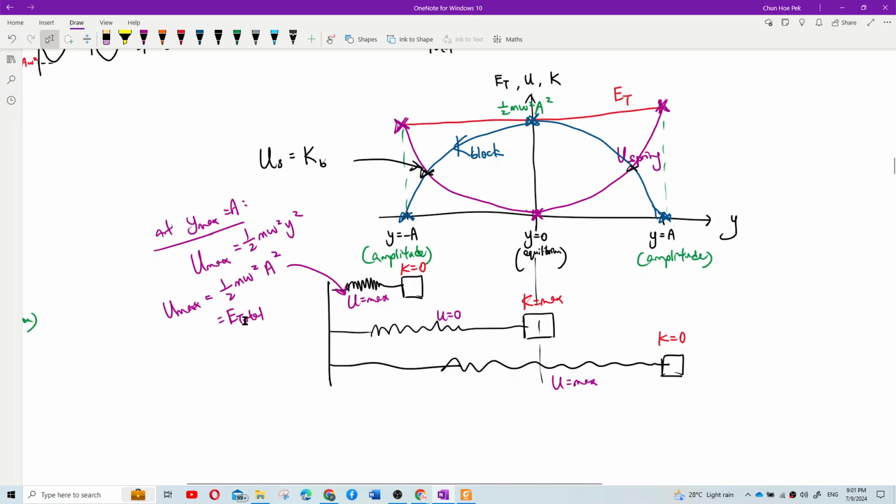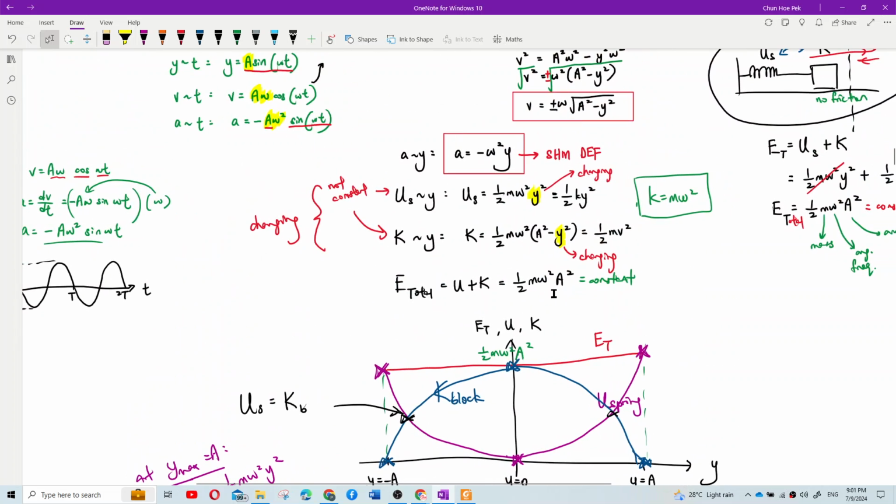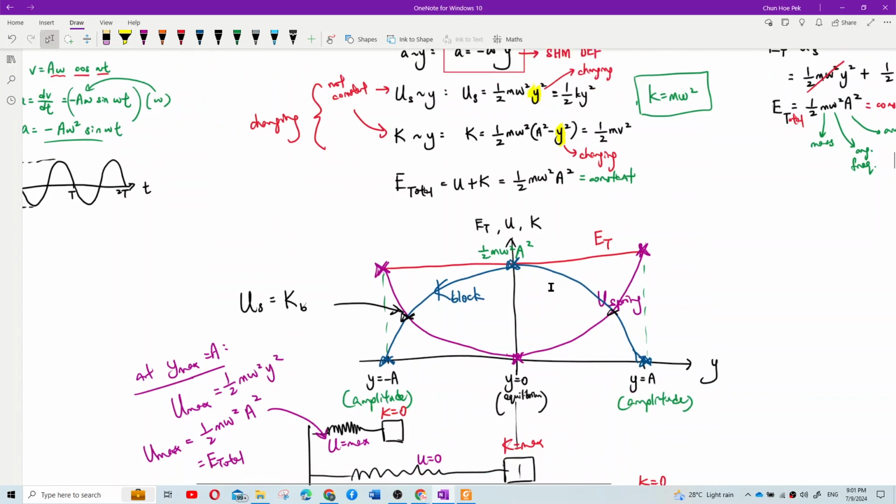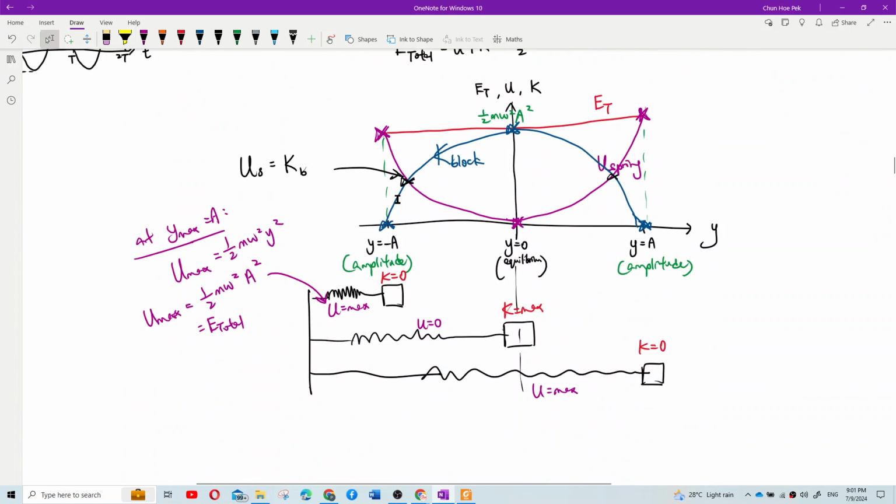Kelas? So maksudnya ketika itu all the energy of the system semua berada di spring. Ya? Formula for total energy ialah apa? Half m omega square amplitude square kan? So bila di amplitude, all the energy berada di spring. So maksudnya apa? Kalau di amplitude,